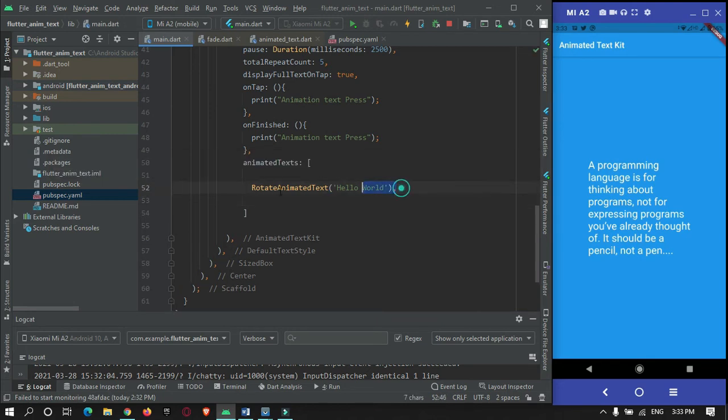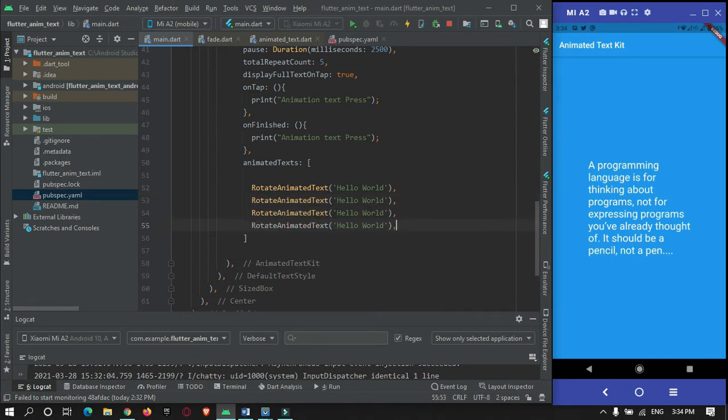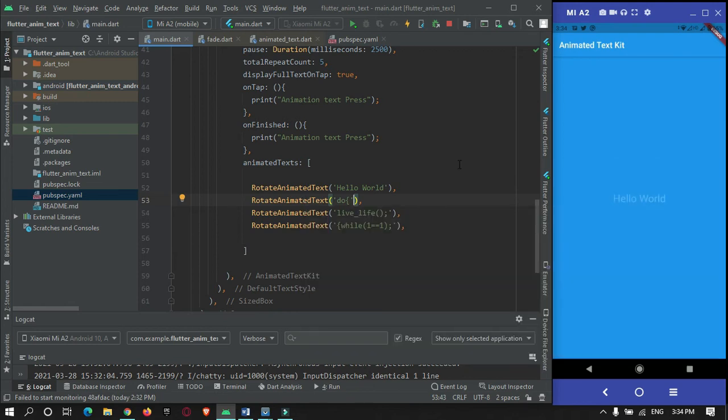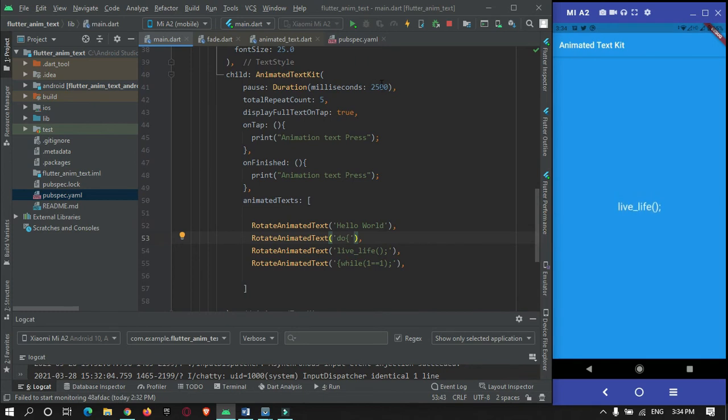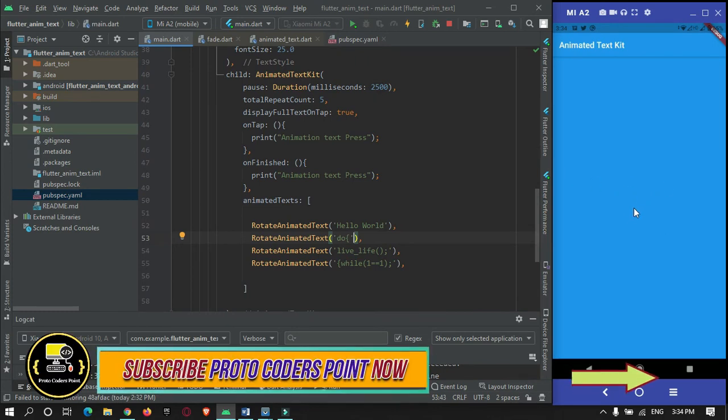I will add two more animation effects. Okay, I will restart the app now. As you can see, this is rotating. The pause is 2 seconds, so for 2 seconds there is no animation effect shown.